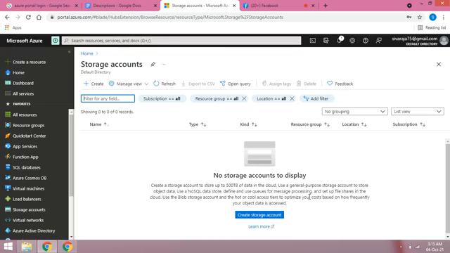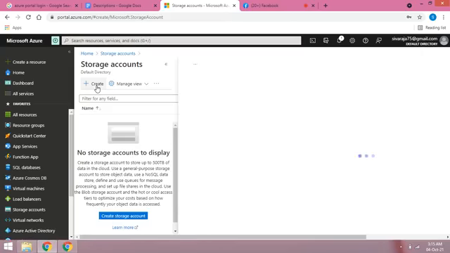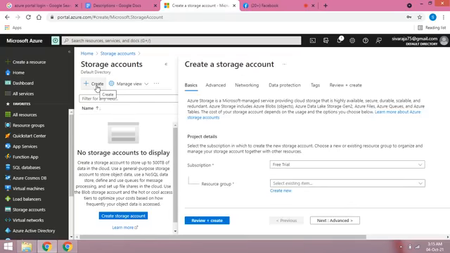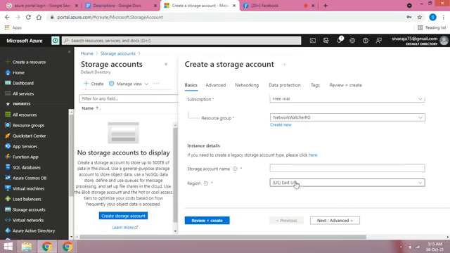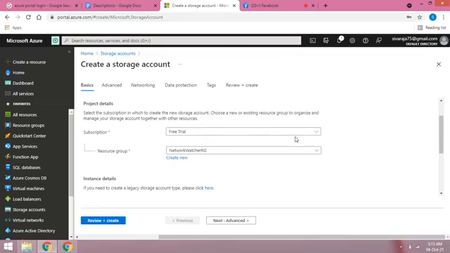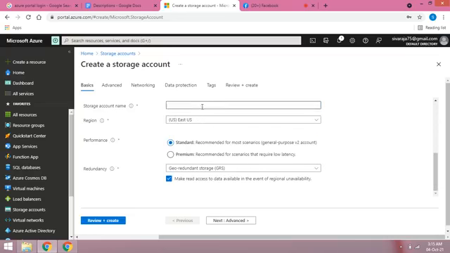Now I create a storage account using the Azure portal. Choose the option Storage account and create. I choose our resource group and the storage account name.